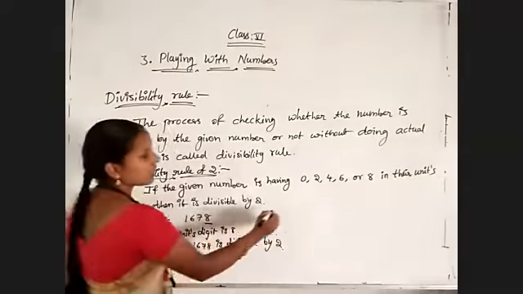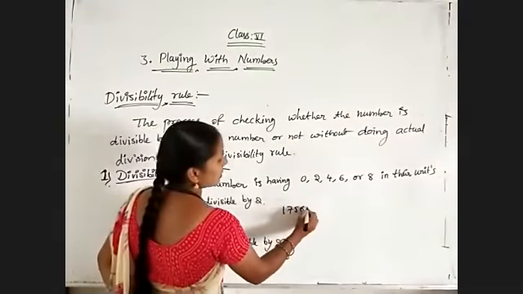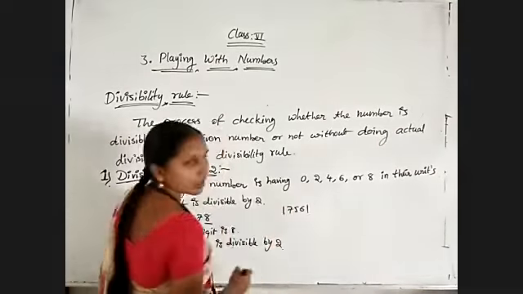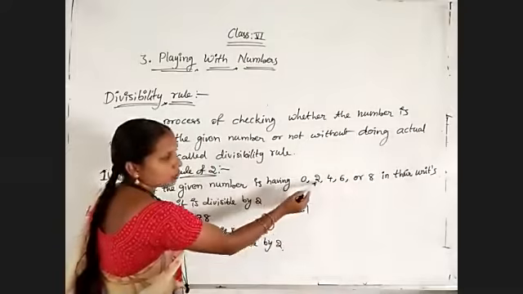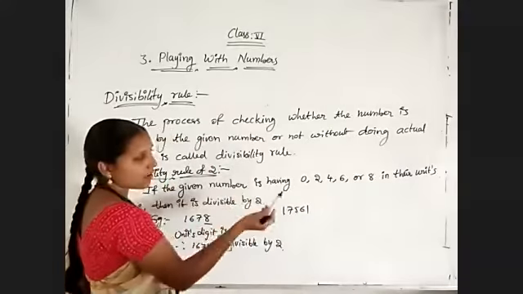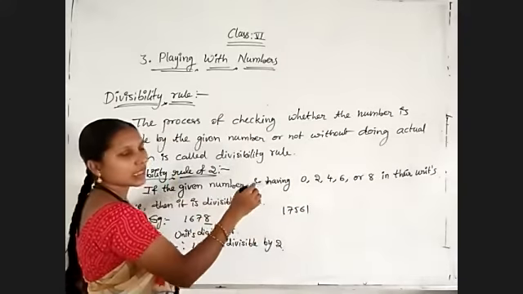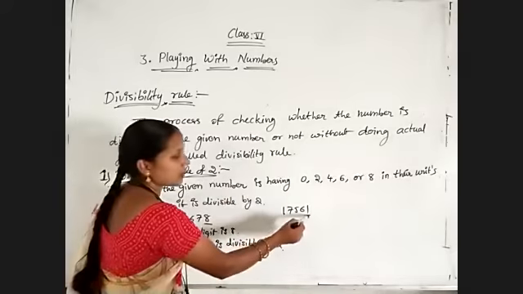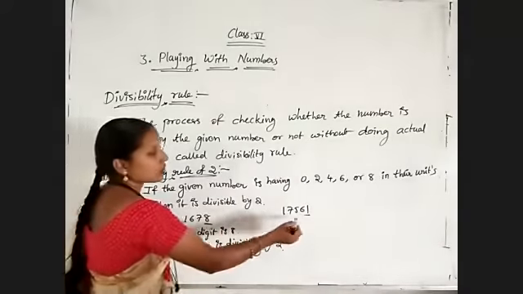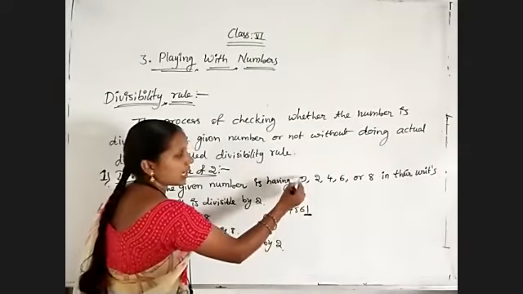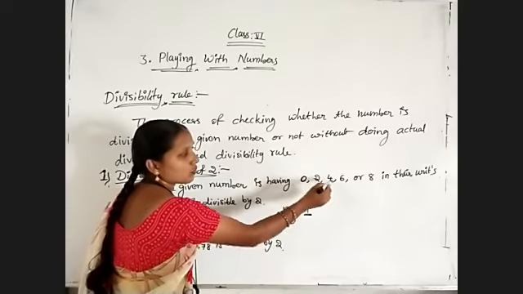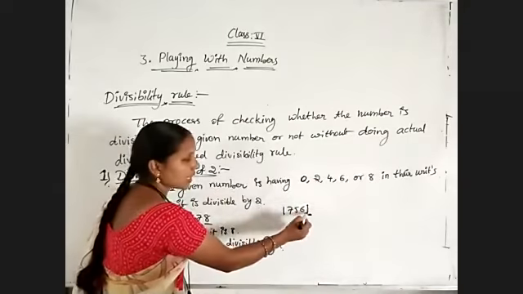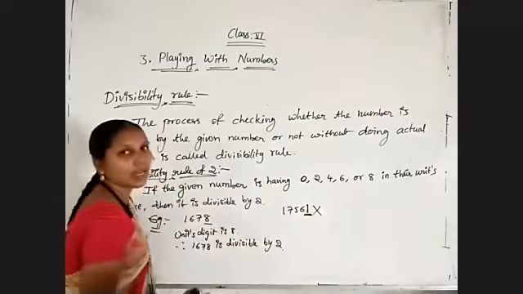Okay, if I have the number 17561, just observe 0, 2, 4, 6, 8. What about the other digits 1, 3, 5, 7, 9? If any of those numbers you are getting in the units place, that is not divisible by 2. So here 1 is there in the units place. We didn't have 0, 2, 4, 6, 8. We got 1 in the units place, means it is not divisible by 2.